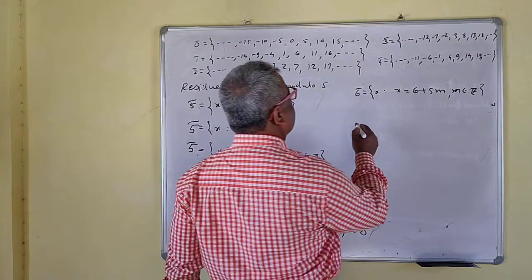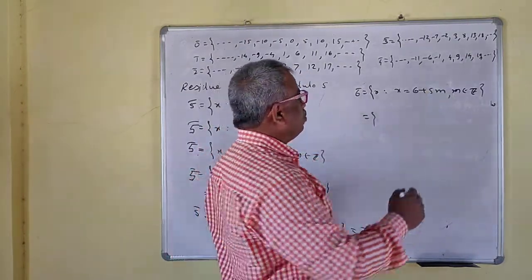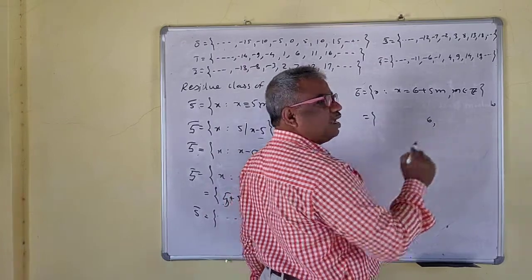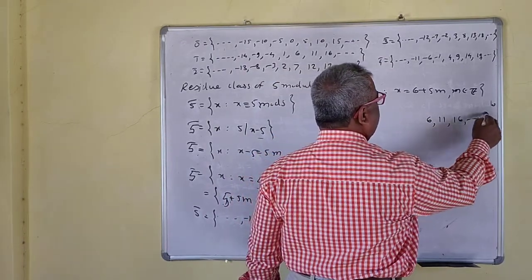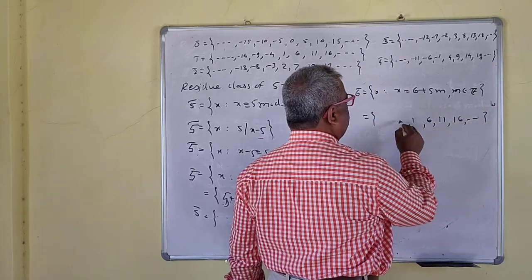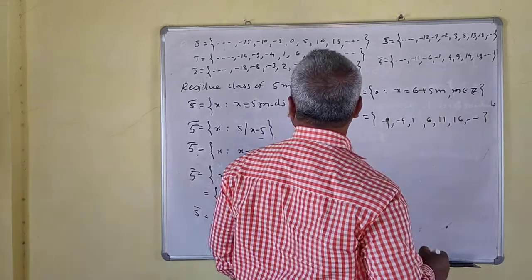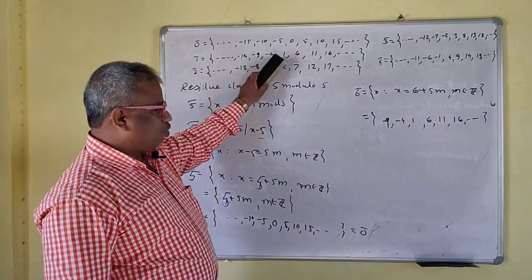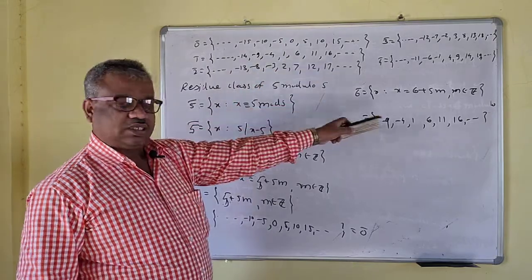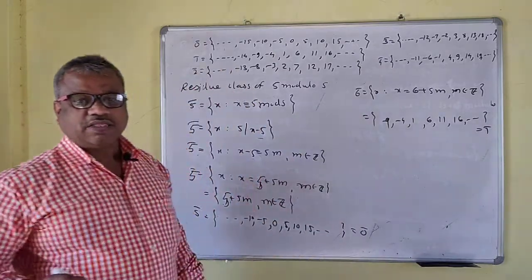Okay. So how does 6 bar work out? First I will take m equal to 0. Then this is 6. Go on adding 5, so this will be 11, 16, dot dot dot. Then reduce by 5: 1, minus 4, minus 9. Now see this 1 bar. This is minus 9, minus 4, 1, 6, 11, 16 and so on. So this is the same as 1 bar. 6 bar is same as 1 bar.